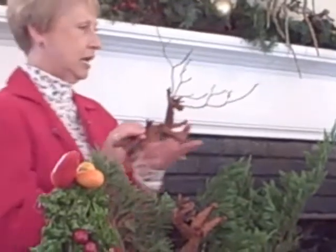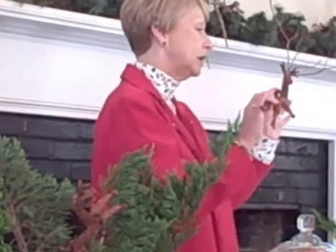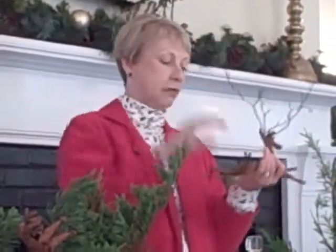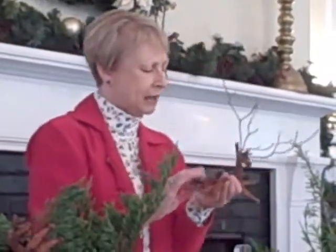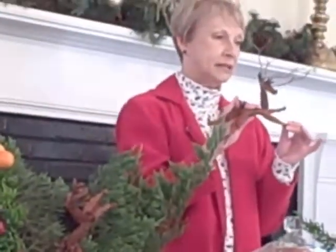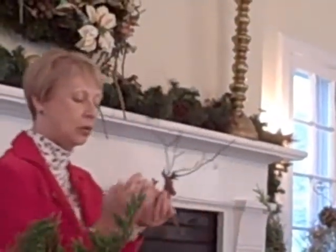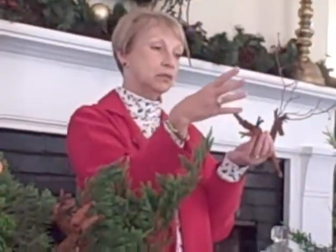Anyway, what you do is, pine cones come in different sizes, the tiny ones. It depends on the cultivar of the tree. The cones are different sizes. You can get the great big huge shortleaf pine cones, and if you want a big daddy buck. But mine are, I think, a slash pine, I'm not really sure. But anyway, you recognize these, and what you do is just get your garden clippers and clip them at an angle, and then if these are real open, like this one that was opened up,